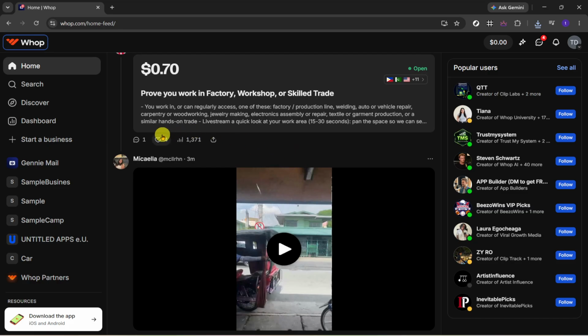Once you are on the home page, look to the left-hand navigation menu and click on Discover. This section is designed to help you browse and explore products, communities, and tools available on Whop. Using the left navigation is often the quickest way to move into the Discovery area, especially if you are starting